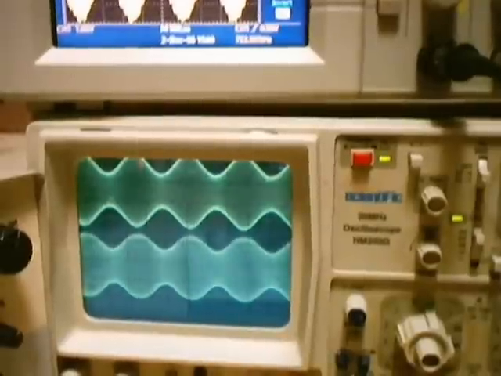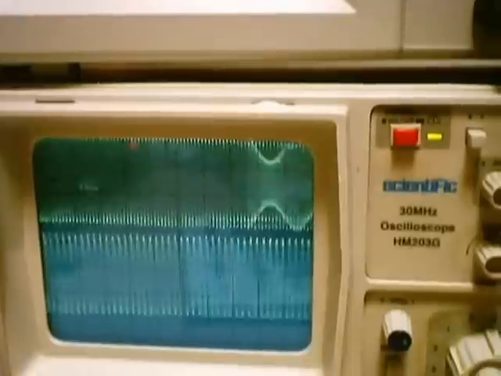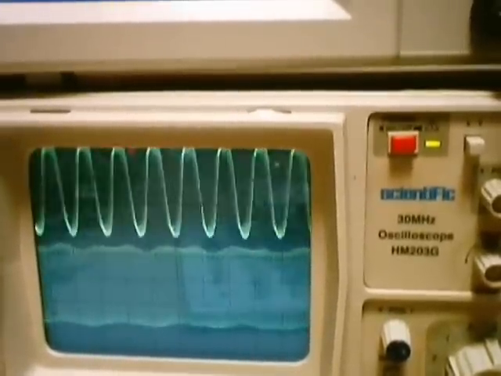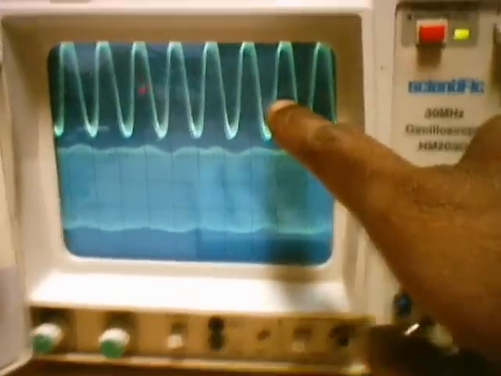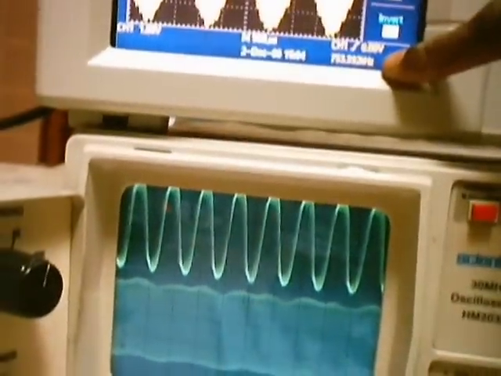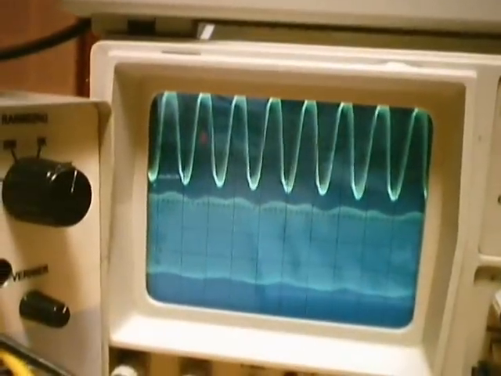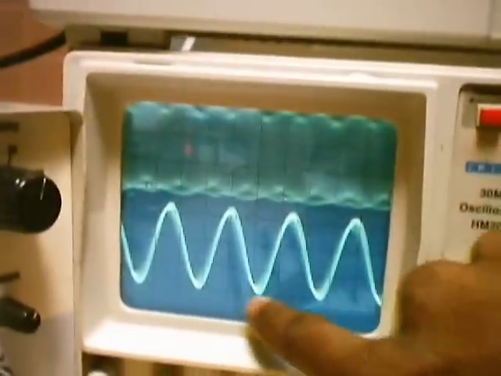The difference is that a frequency translation has occurred, the carrier frequency of your input signal is different from the carrier frequency of the output. So this is the carrier frequency of the input signal, which is at 753 kilohertz. Let us see what is the frequency of the output. You can select channel 2 here. I'm selecting. Now you can see this is of lesser frequency.